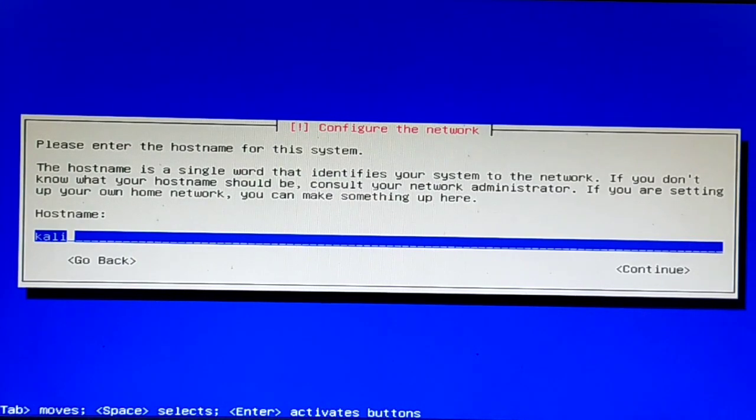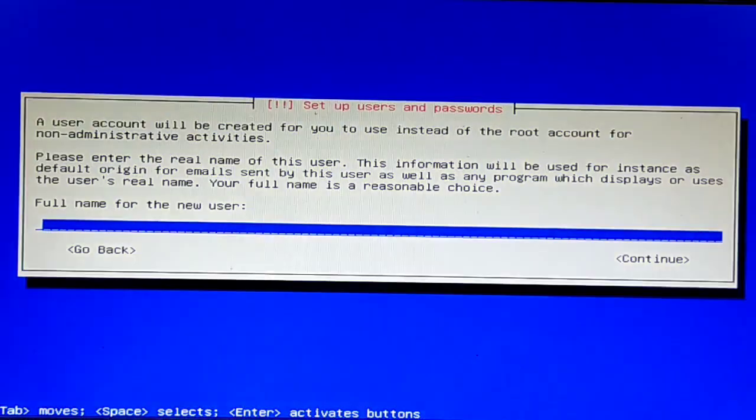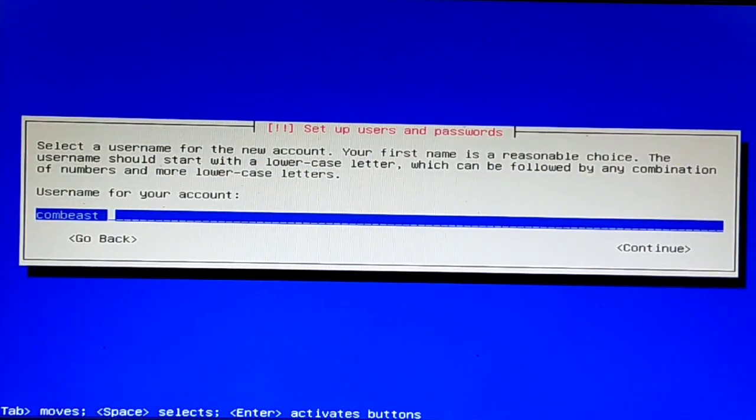Now type a host name which you want. Click on continue. Enter a full name for the new user and a username for your account. Continue.